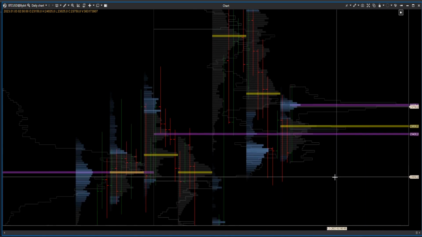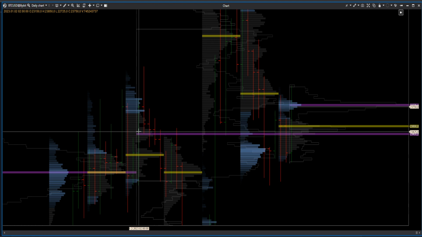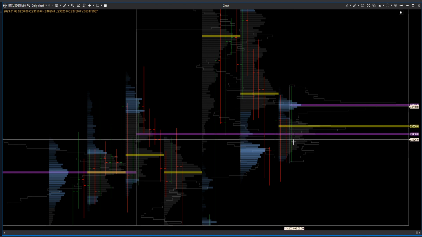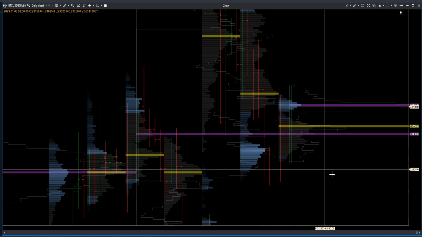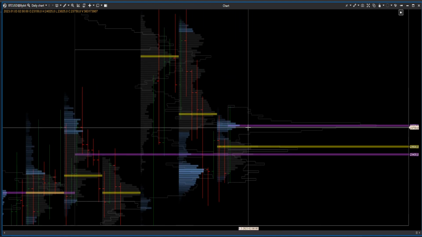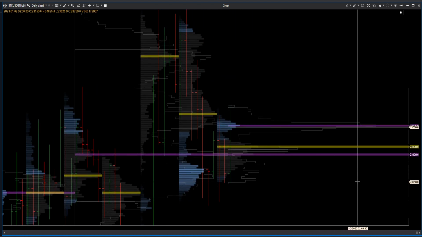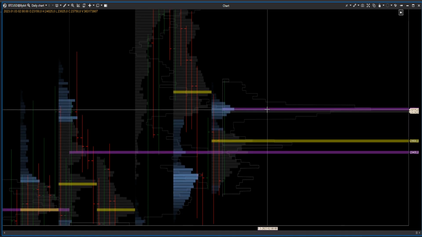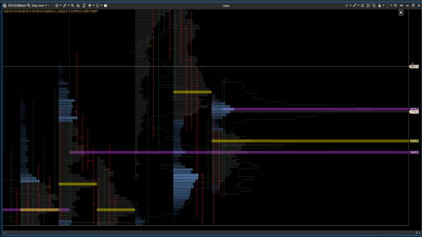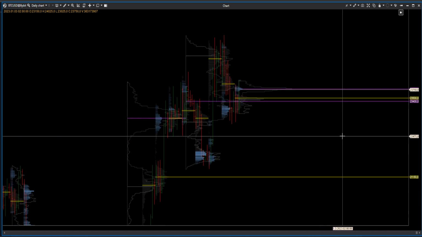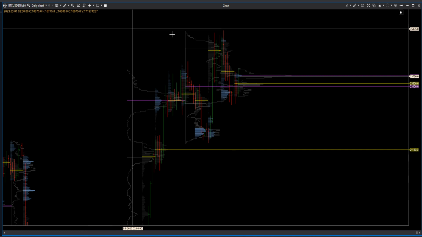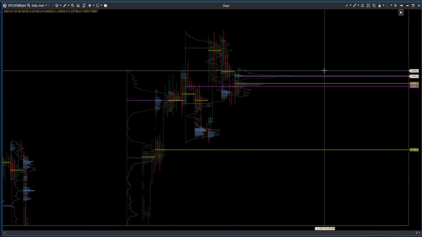The purple one of last month, which started over here, has already been hit as well because today went through the purple line. And the monthly point of control of this month is irrelevant because it's the first of the month, but that is the line over here, the purple line. So yeah, this is very relevant. These are the higher time frame point of controls, the weeklies and the monthlies, and then I use another template for the daily. So this is the first software that you can use, which is completely free,